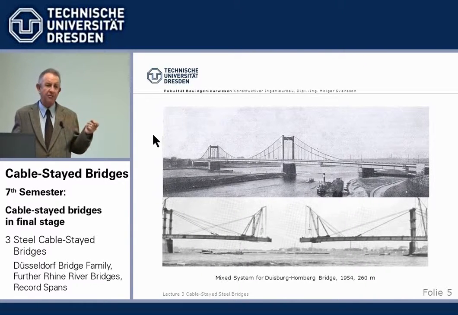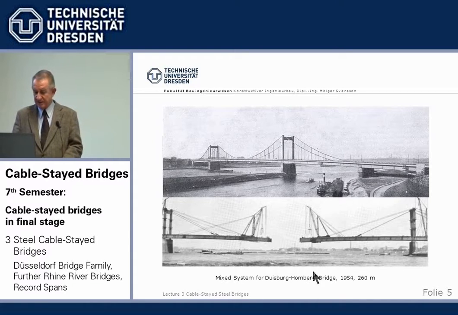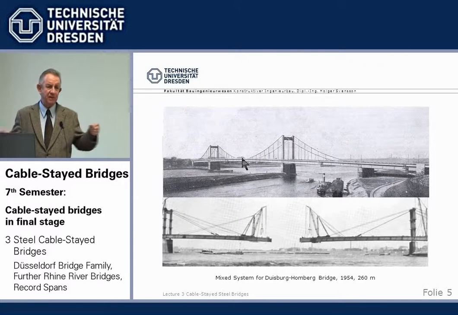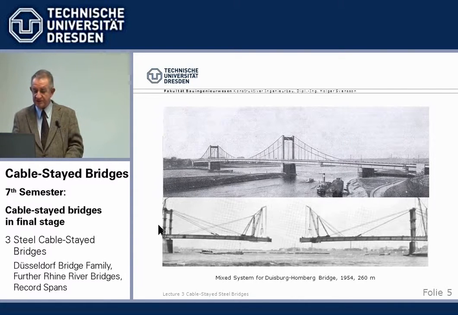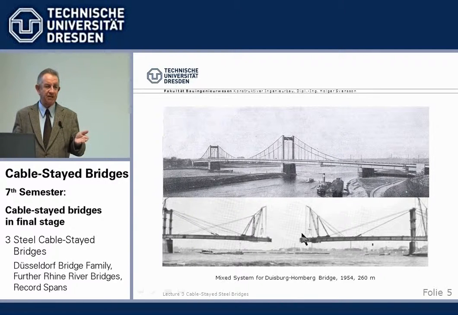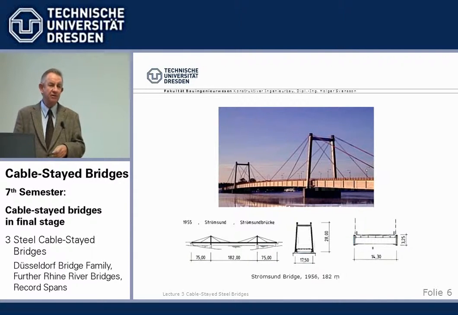And for me, the obvious thing was its construction. Now, a self-anchored suspension bridge works only once the beam and the hangers are complete, otherwise you can't take the normal force. So, for construction, one used auxiliary stays to keep the beam in place. Now, I think that's very obvious. If you construct the bridge like this, then you should use these stays not only during construction, but also in the final stage. And that's what happened. People realized the mixed systems are a waste, so we go to